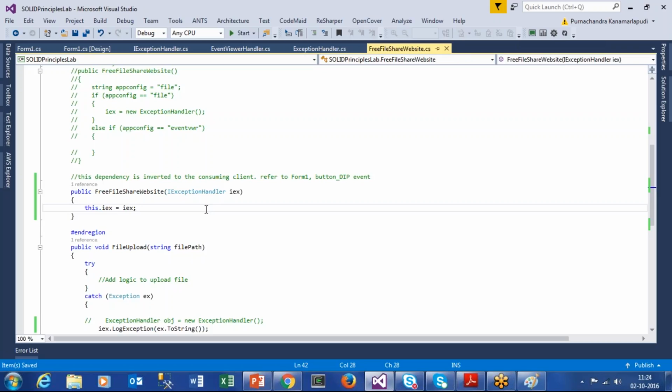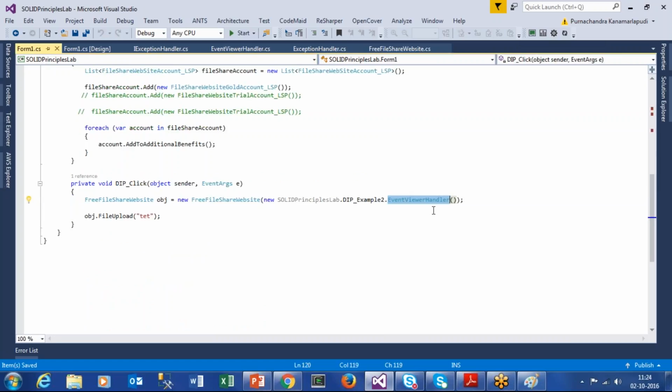Guys, this is about the dependency inversion principle. Please go back and watch this video again along with this code so that you can better understand. And the best way to implement the dependency inversion principle is to use IOC containers. The reason IOC containers are sophisticated, and you might say like this, right? Here also I'm creating objects, right? New,